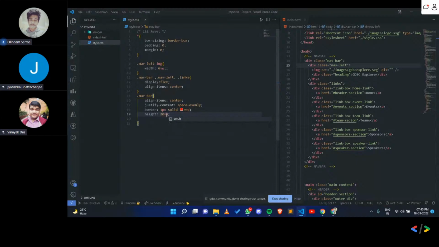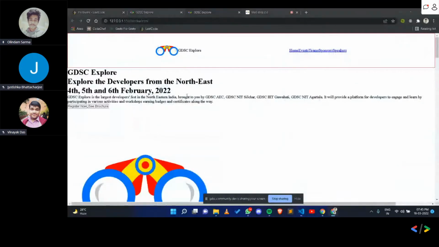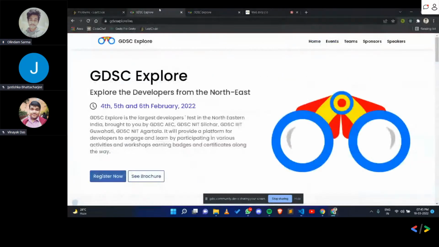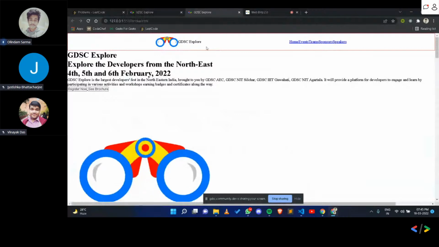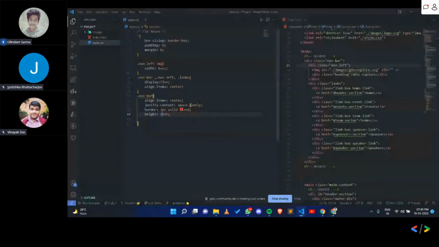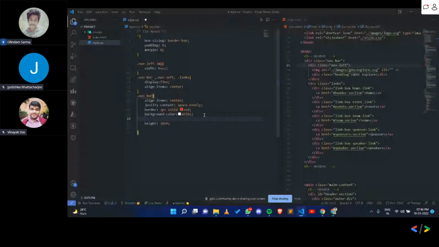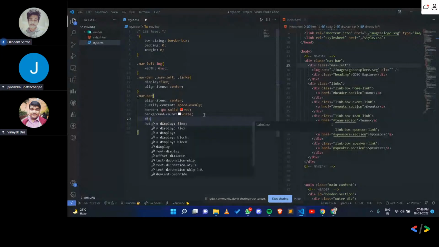Now I am using viewport height, not vw, because I'm giving this measure to a height property, right? This is going to need less. Around 10 will do the job. So now we want to give the background of it white, because we want to make it sticky. And it is now not sticky because we didn't mention the property yet. And for defining